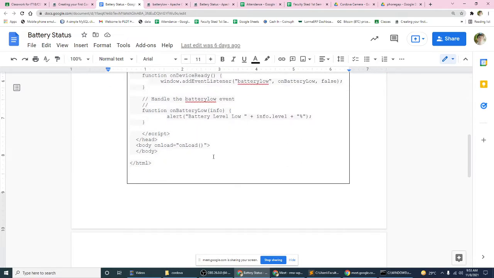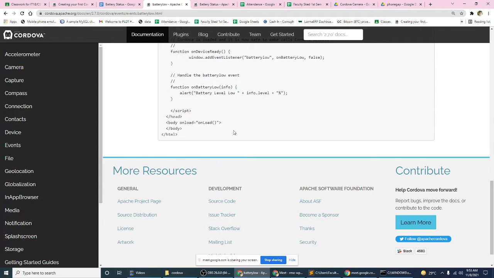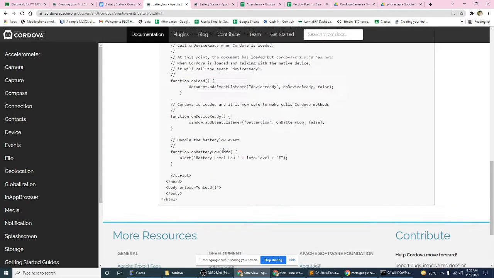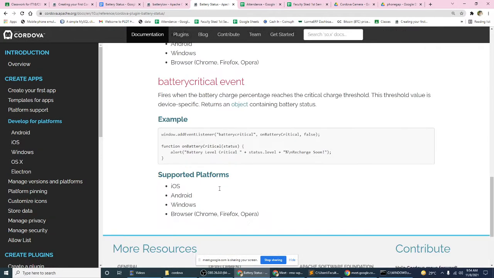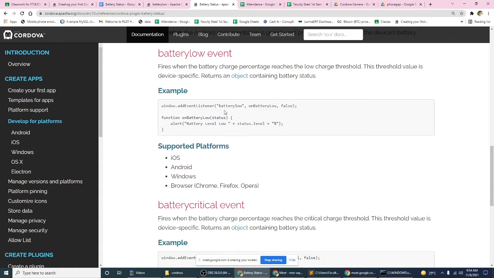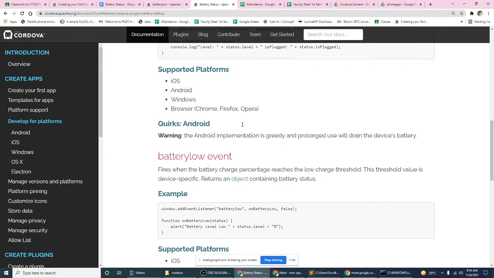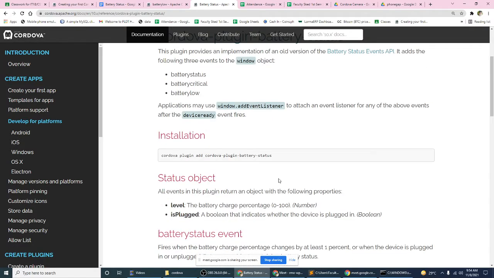Then let's try this one. Kasi dito, based from our alert naman siya. This is for the battery low. Pero battery status, ito siya. Yan. Ay, critical when it is critical. Okay. So I'll be discussing this one later on. Let's try to